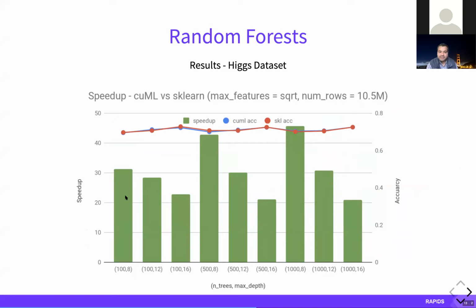And QML consistently performs better on each number of trees and max depth combination. And then you have these little line bars over here. What do they represent? They are accuracy. If you think about it, the blue line that you can see behind the red line is QML accuracy, and scikit-learn accuracy is the red line, right? And as you can see, they are almost superimposed. And that's the powerful RAPIDS library giving you the same accuracy with so much speed up on 11 million rows